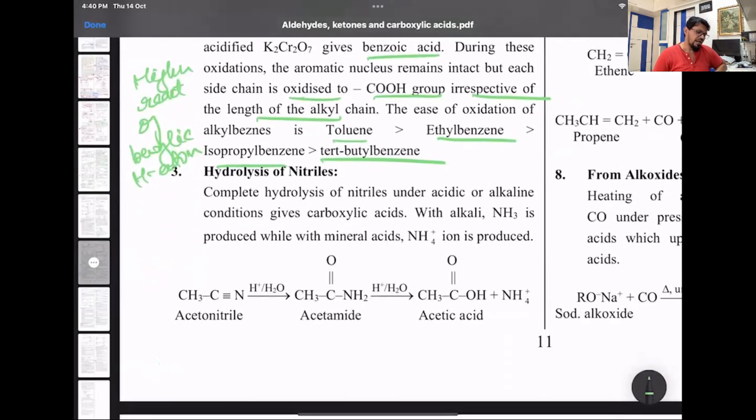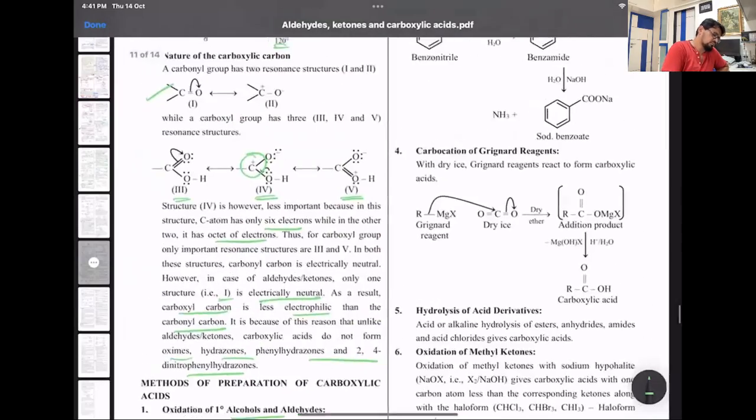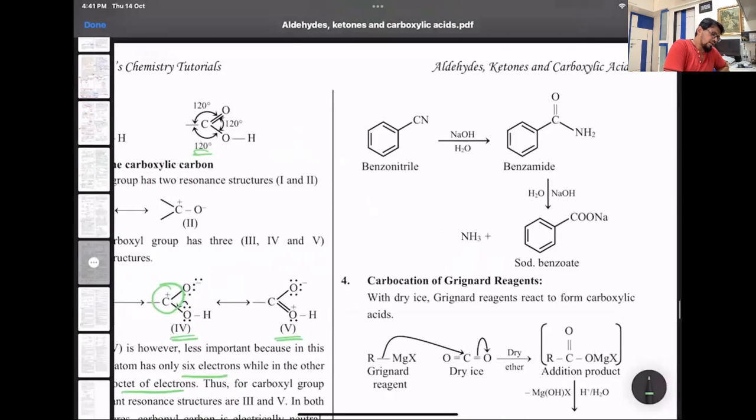Then hydrolysis of nitrile, we have done this. This is cyanides. There are 2 hydrolyses, acid and alkaline hydrolysis. Acid hydrolysis: cyanide first forms an intermediate amide, which you add water, gets converted to acid. So cyanides to acid where the intermediate is amide. This is acid hydrolysis. Well, look at that. Benzonitrile, is this clear?